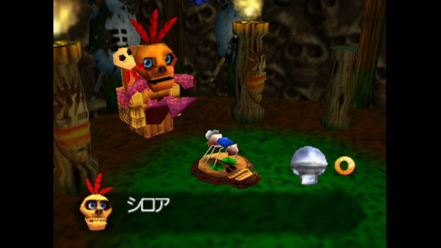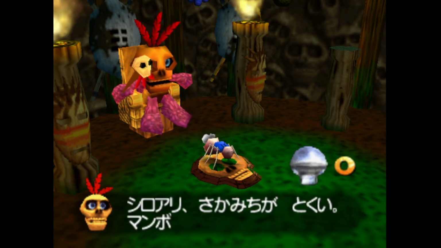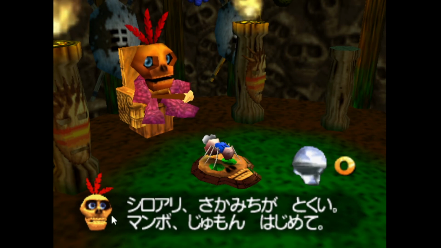Is he going to comment on making a termite? Shiroari. Oh, okay, yeah, I think he is. Shiroari, I think, is like, shiro means white, and ari is an ant. So like a white ant, which I assume means termite, because that's what we actually are, right? Let's have a look. Yeah, shiroari, termite or white ant. Gross.